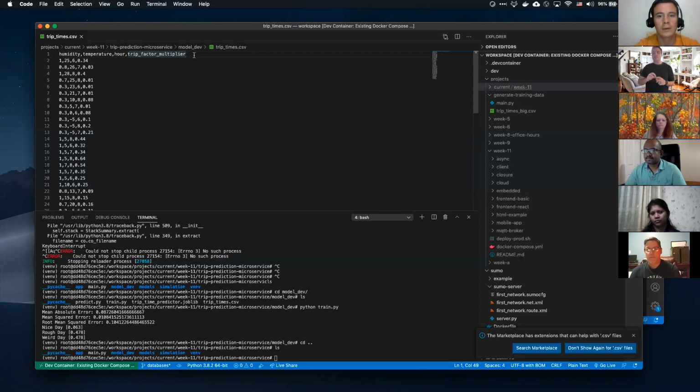Not to mention the fact the amount of data and the amount of processing power goes way down if you're doing that in chunks, right? Which is what we actually need because we have to run a model in real time for every single trip. So that's actually very critical. Now we're going to see that in a little bit.